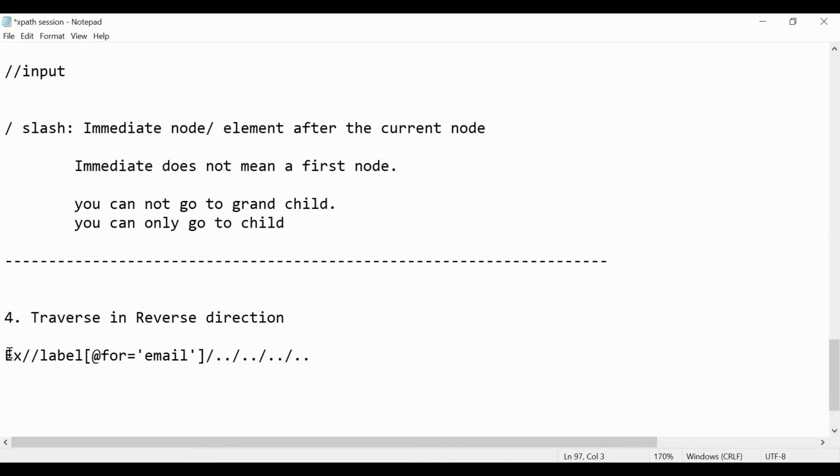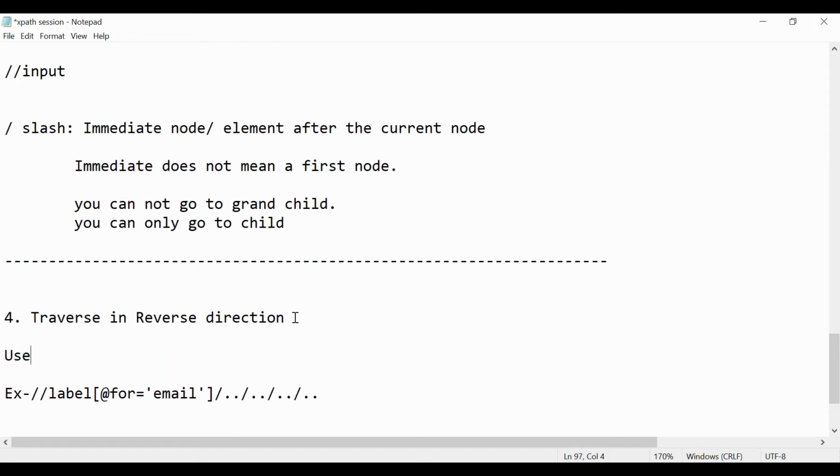Okay, example, use slash dot dot after current node. Okay, so sometimes it's very useful, very easily you can traverse in reverse direction using this. Okay, so next,